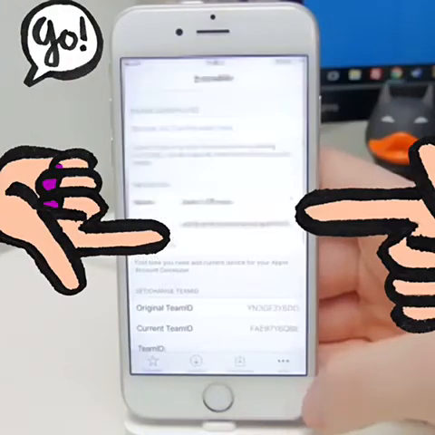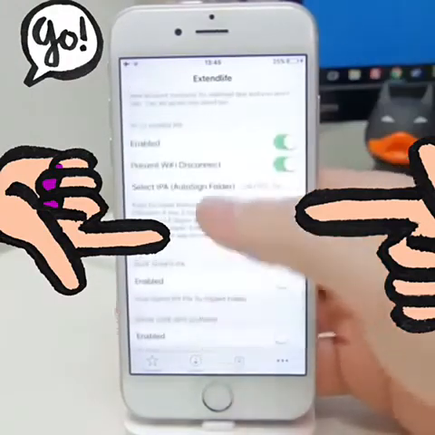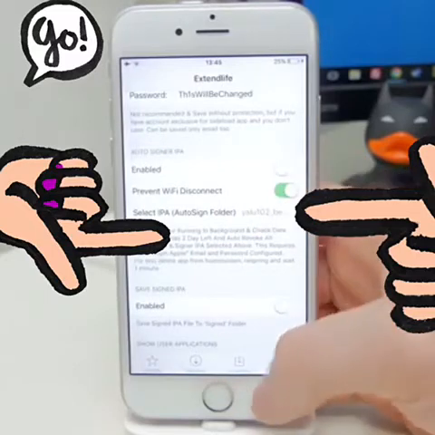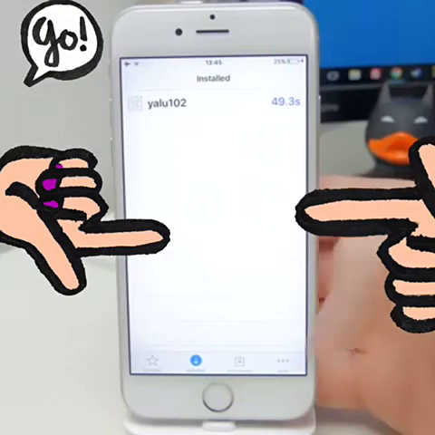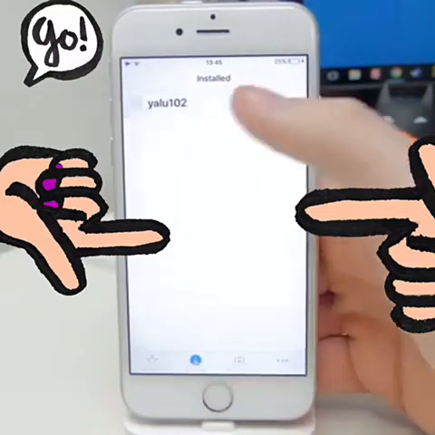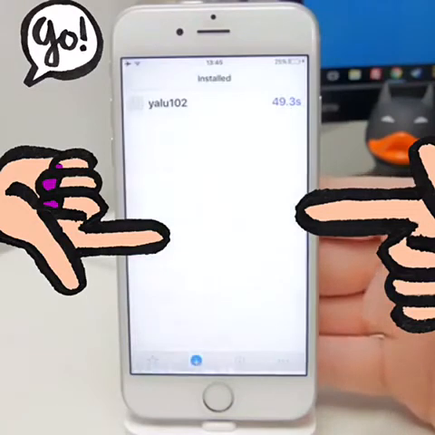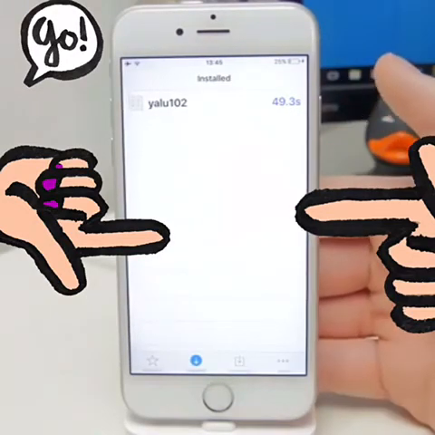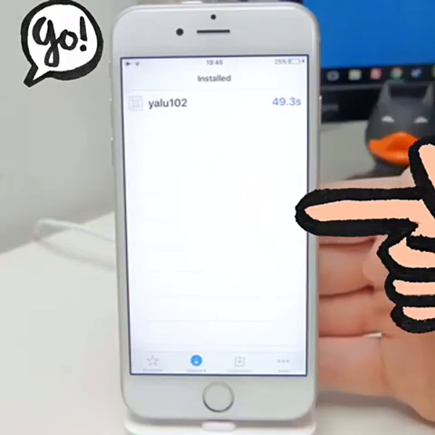So if you do experience that, what you can do is actually go back to the More tab in the application and disable the auto signer IPA option. Then once you want to re-sign the application, for example, you just basically tap on it in the Installed tab, tap on Resign, and it'll basically go ahead and do the exact same thing. Enter your Apple ID if you haven't saved it before, and then just give it a few seconds and it should come up with a message saying that